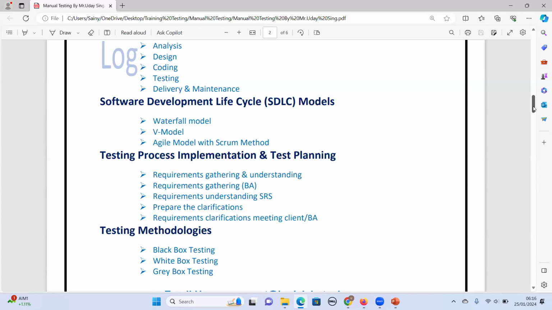I will explain how to clarify those things, how the requirements clarification meeting will happen with the client, and who is involved. That falls under testing process implementation and test planning.